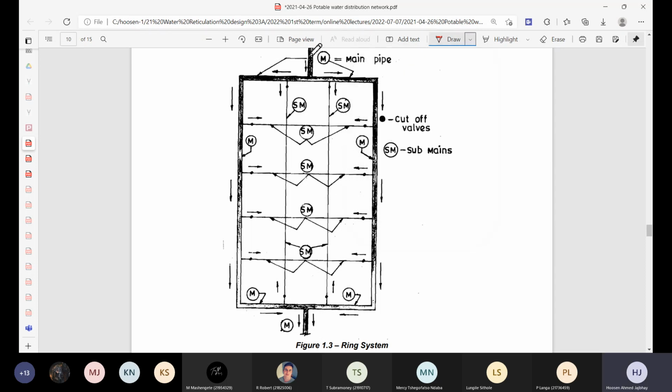So similar to that, we have our main pipe here, but you see the main pipe is not going through the system like that. The main pipe then splits into two, and it goes out. Think of it like the perimeter of the area. So that's our main pipe over there that's supplying the entire area. And this loop here in the middle that we have,